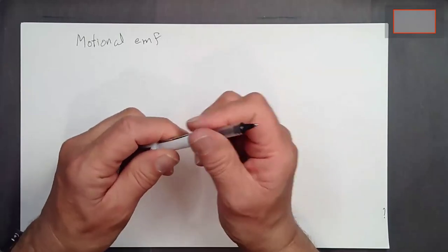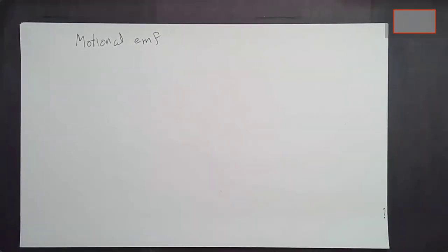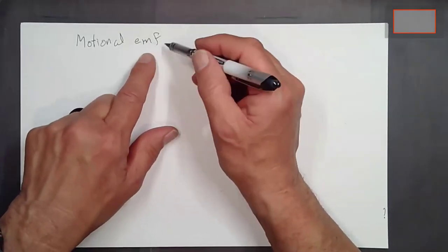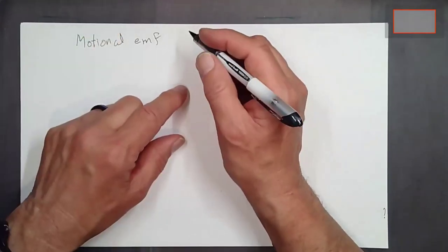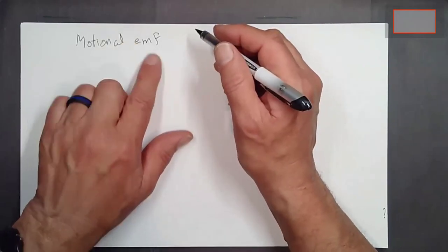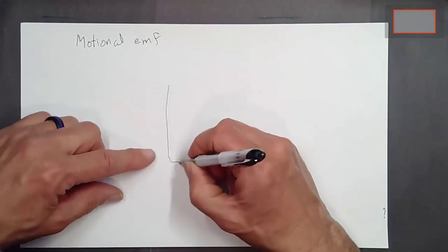Some of the language that's used here is sometimes a little bit archaic and confusing, and we tend to not use the unabbreviated version. We just call it an EMF, but it's like a potential difference, except it's a weird kind of potential difference sometimes. But anyway, for starters, we'll just imagine that we have a conducting bar here,